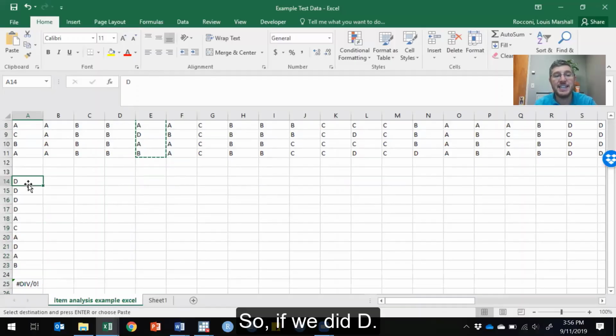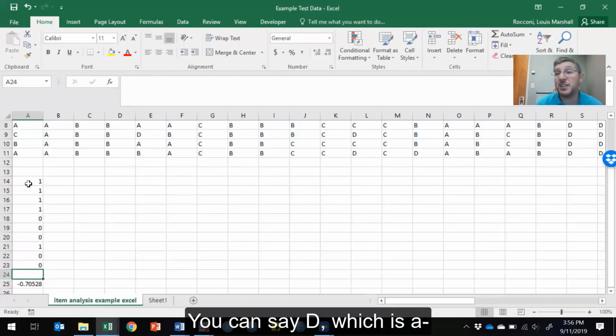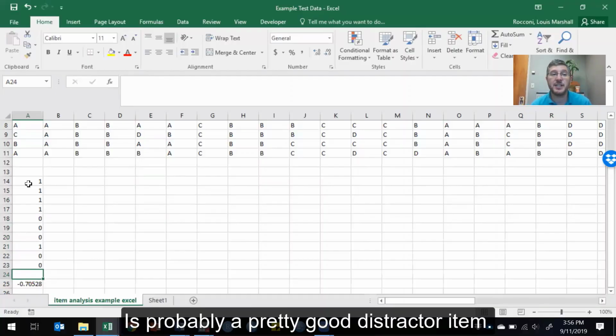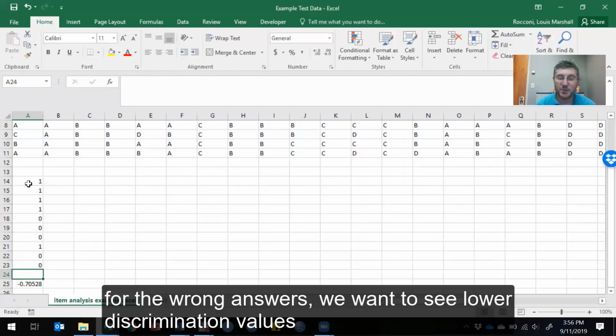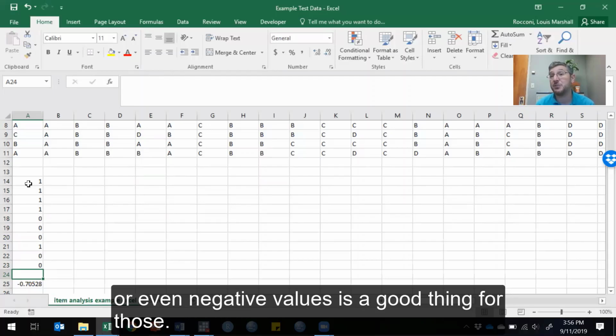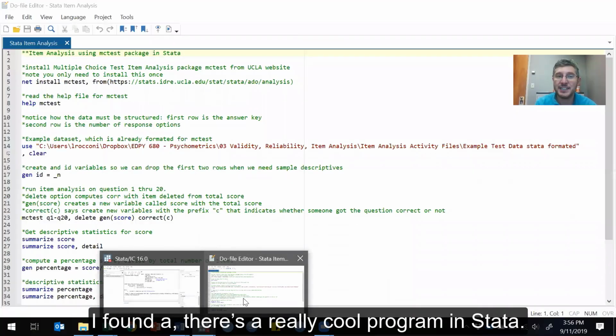So if we did D, you can see D is probably a pretty good distractor item. So typically for the wrong answers, we want to see lower discrimination values, or even negative values is a good thing for those. I found there's a really cool program in Stata